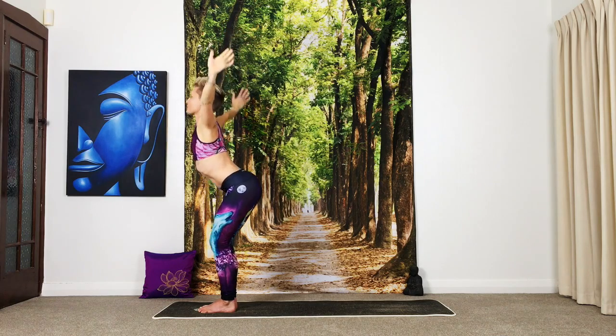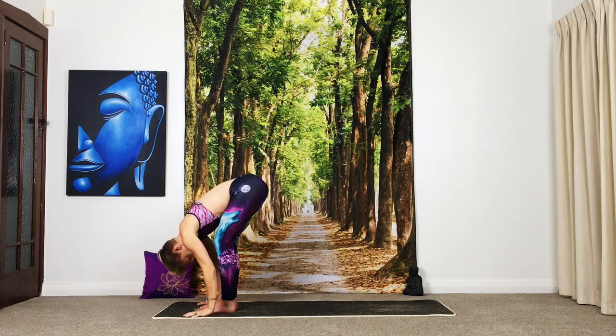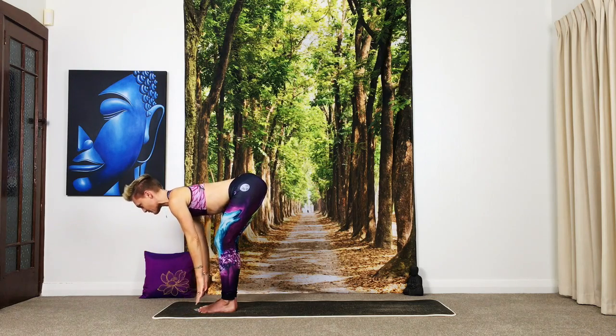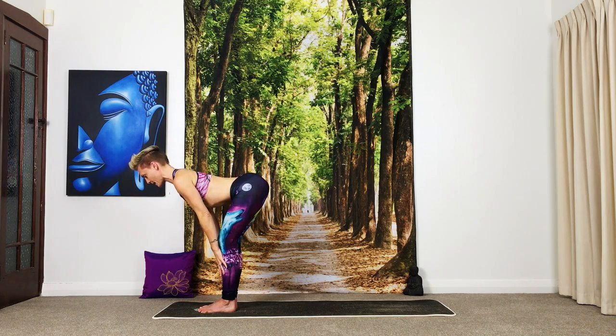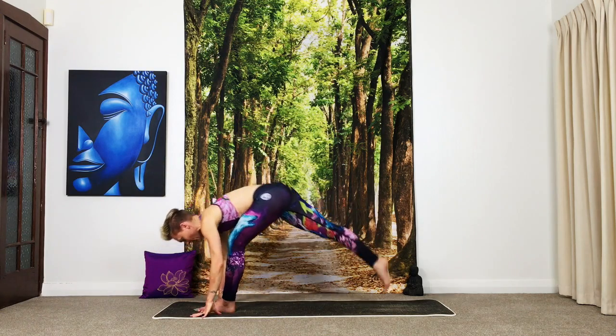Exhale, bend your knees, swan dive over the legs, heart leads the way. Take a breath in, bring the hands to the shins, halfway lift, Ardha Uttanasana. Draw the belly in, find a nice straight spine. Still that feeling of energetically pushing the heels apart. And as you exhale, fold over the legs and step the right foot to the back of your mat, lower